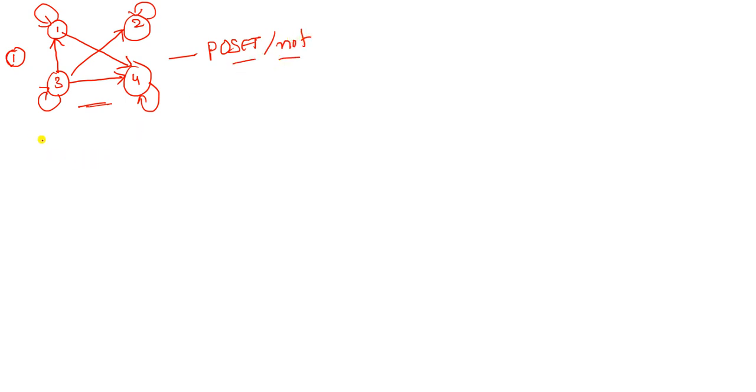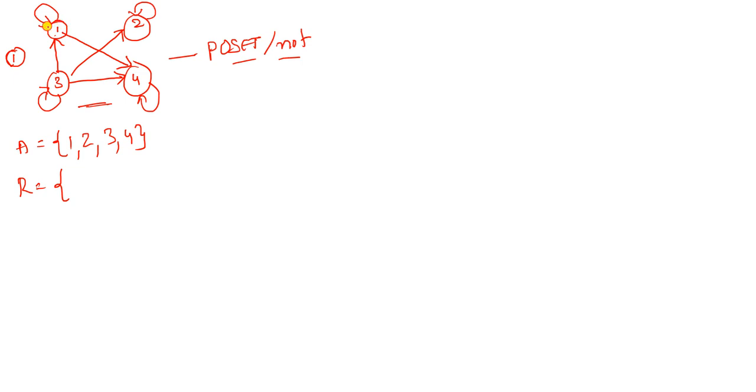First, through this diagram we need to write down what elements exist in the set. So check what elements are there. 1 is there, 2 is there, 3 is there, 4 is there. So we have 4 elements, 1, 2, 3, 4. And next, the relation. What is the relation? With the help of the diagram we need to write down the elements in the relation.